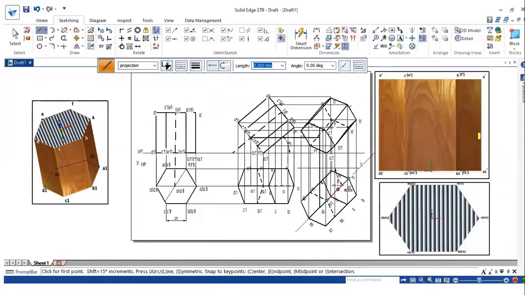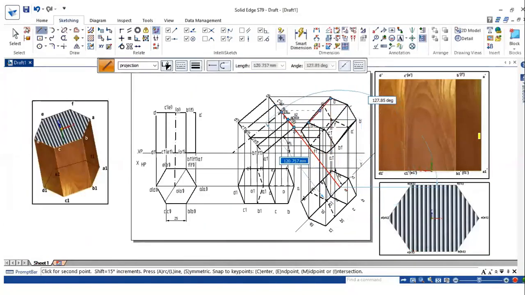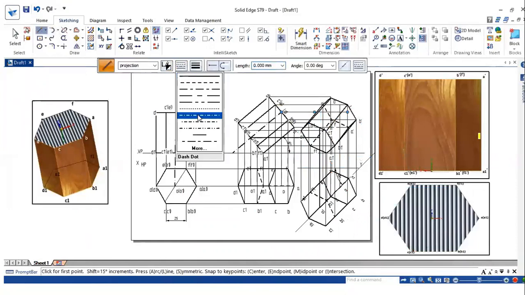So this is O with O dash. So connect these through the axis line.